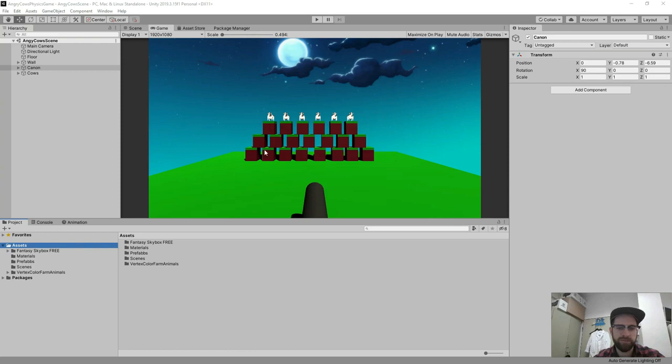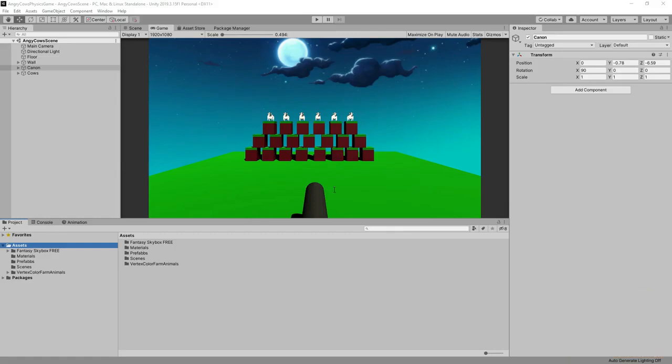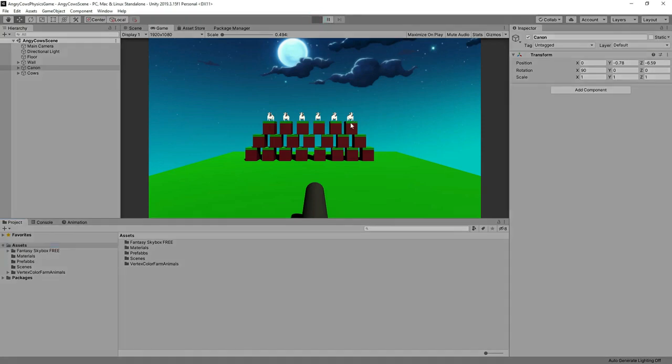So, let's see. This is basically the scene we've created in our first tutorial part. Let's move this webcam out of the scene. So, what are we going to do now? Because if we hit play, we already have this nice scene and a lot of physical objects in there, but